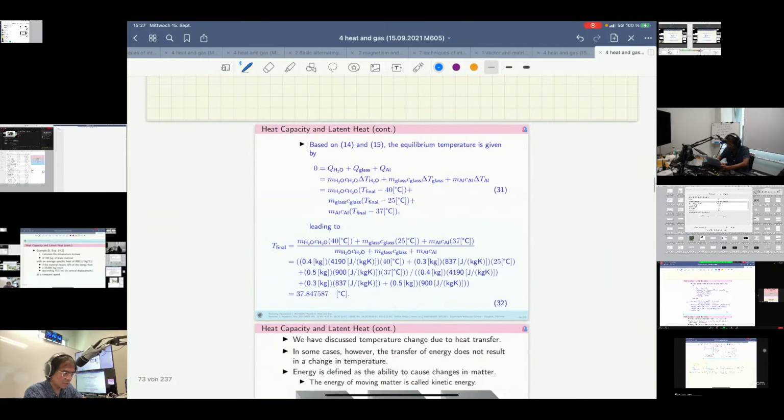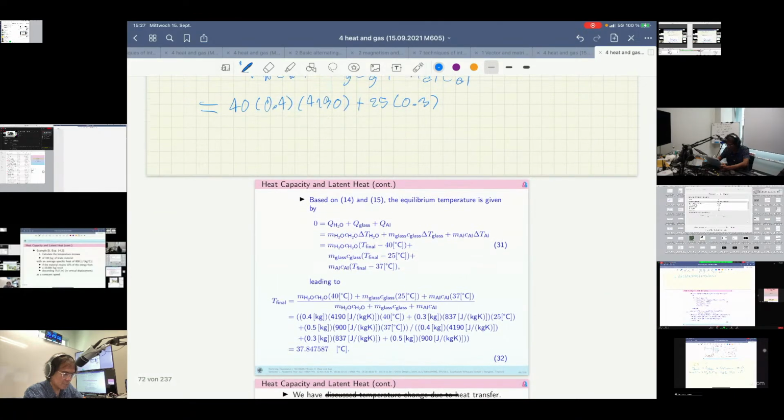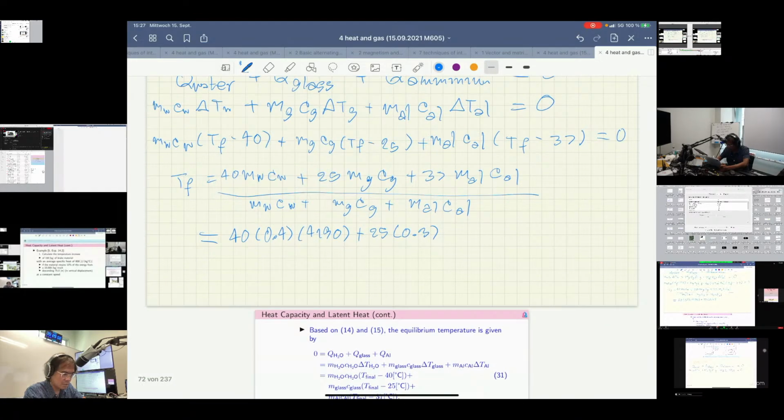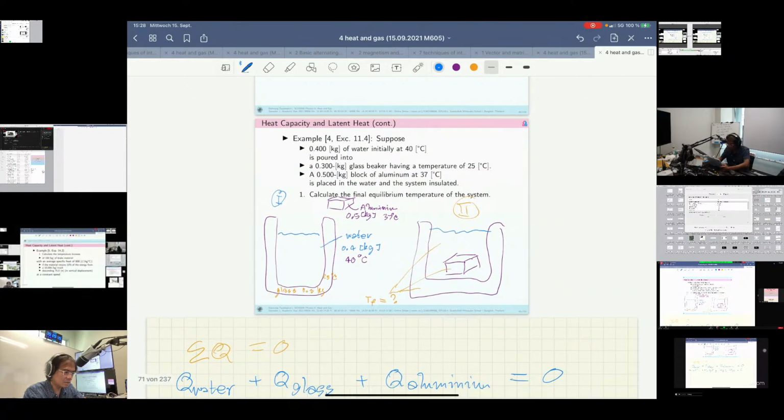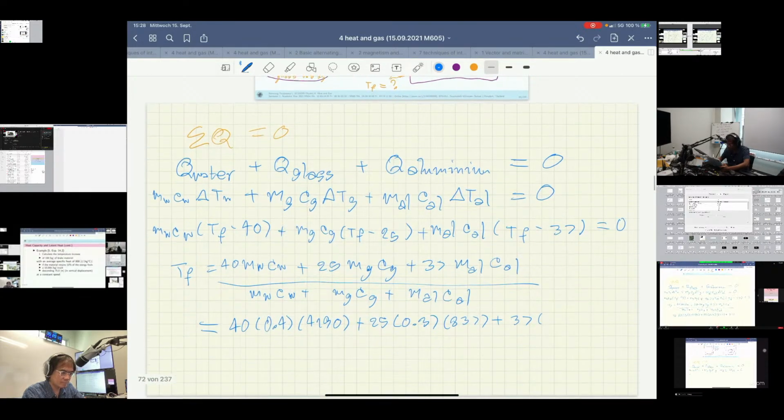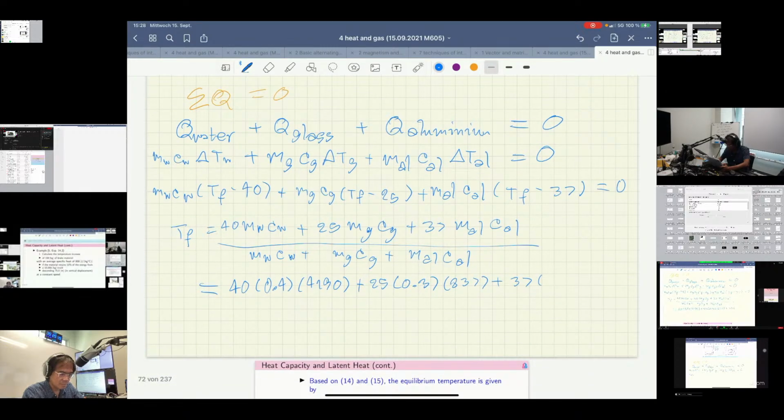Okay, we have to open the table, look at the table. 837, plus initial temperature, which is 37, and mass of aluminum is 0.5, and 900, all right, divided by